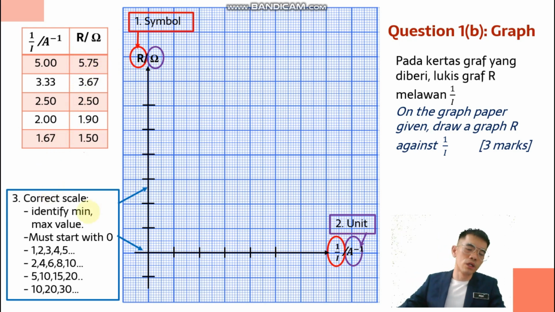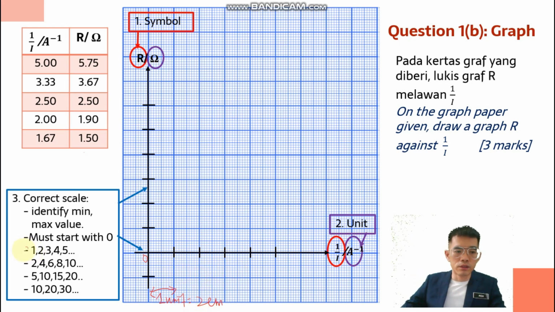Okay, so second, we need to choose the correct scale. So what is the correct scale here? All the values must start at 0 here. The scale means that one box here represents 1 unit. If you measure by ruler, this is about 2 cm. So 1 unit represents how many